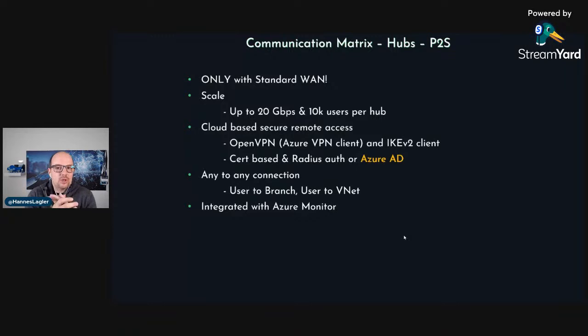My recommendation, my preferred way here, is Azure Active Directory authentication, because this is a single user experience. You can use the same user from Office 365 and also MFA authentication with the conditional access rules. It's also integrated in Virtual Network Monitor.